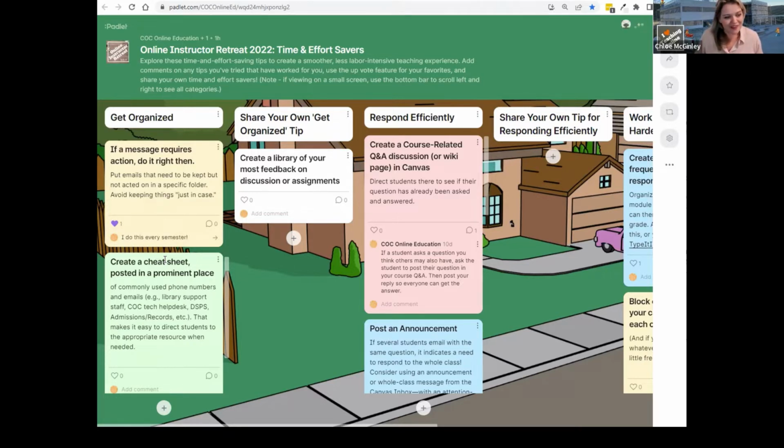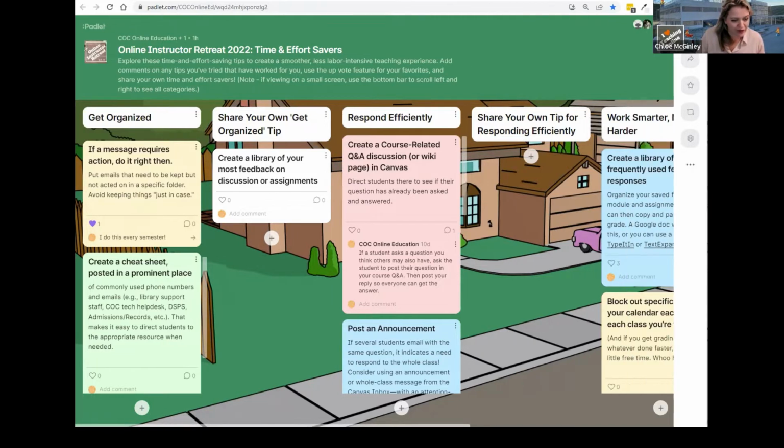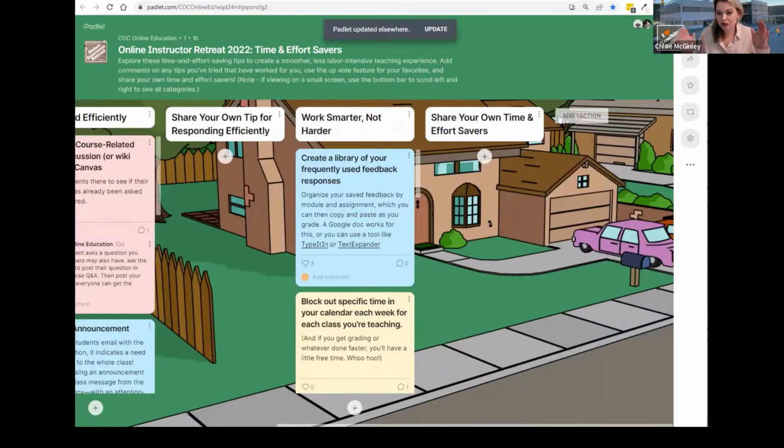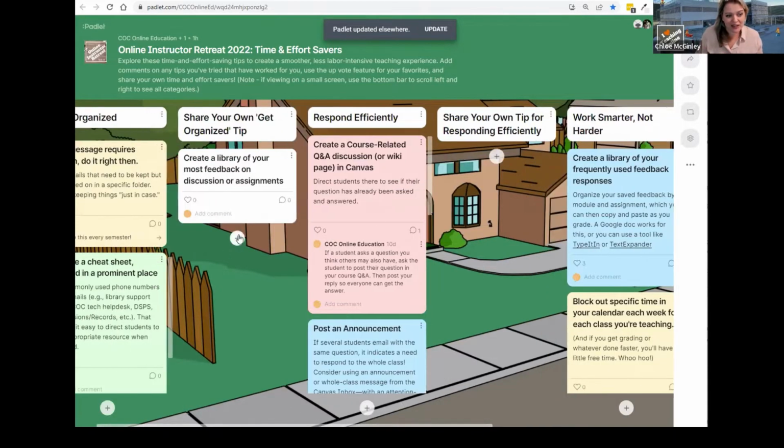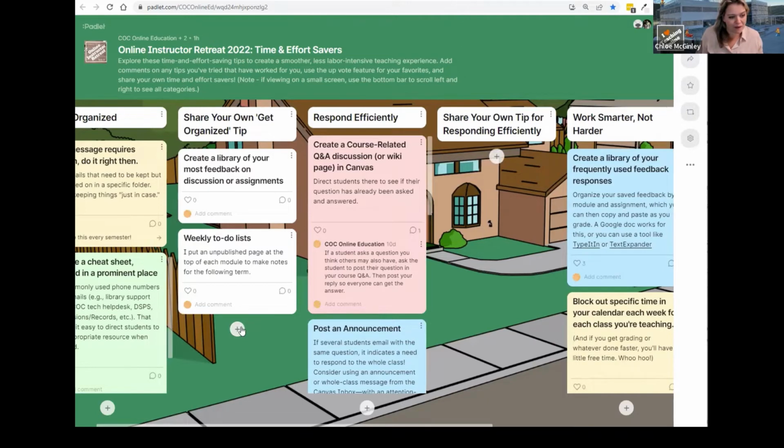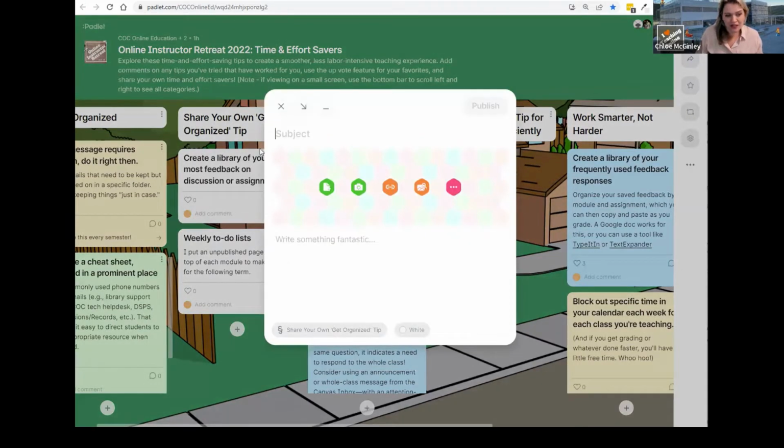Something like that. If you would like to add your own, you can scroll across. There we go. Especially if you have a small screen, you'll need to scroll to see all the different categories. So let's say you wanted to add your own Get Organized tip. You can just click on here, and it'll open up this box, and you can say, spend